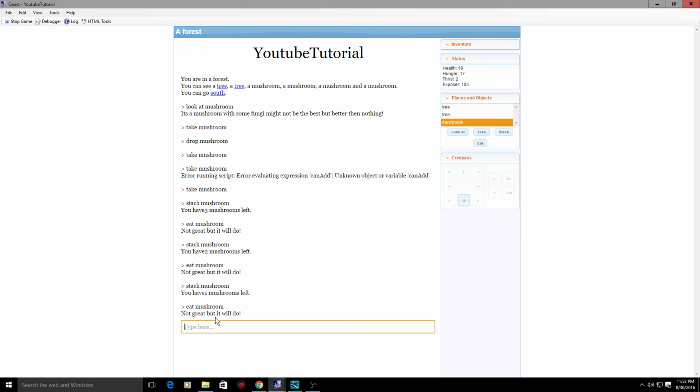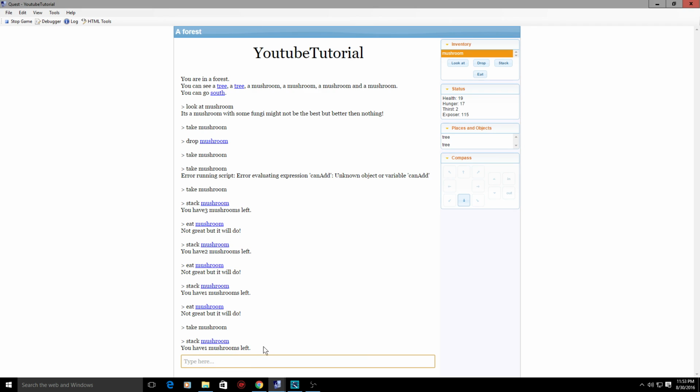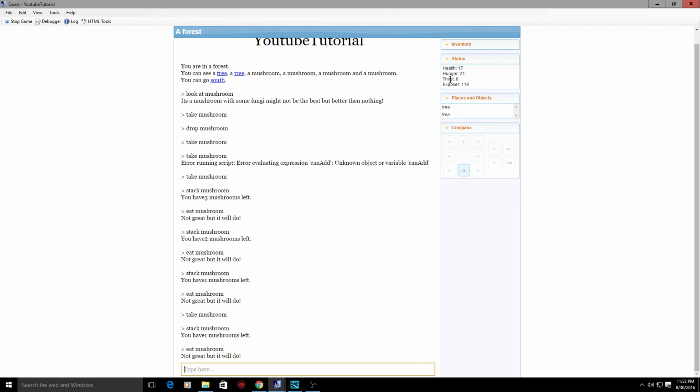Boom. And now it disappears and we have no more mushrooms in our inventory, but we still have 1 left in the world. So what do? Let's take it. Oh, let's look at our stack. Oh, we have 1 mushroom. Let's go ahead and eat it. So we eat that. Now our thirst is at total 0. Our hunger is up to 21, but our health is down to 17. So you see how